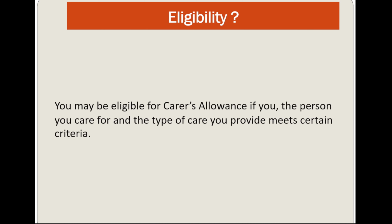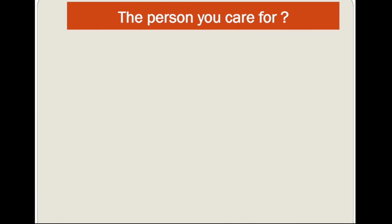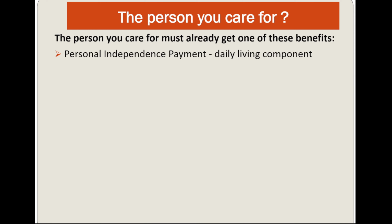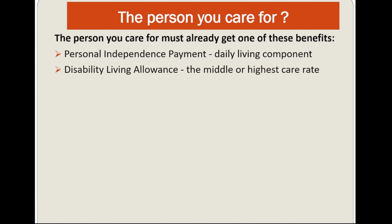Now let's discuss the eligibility criteria for carer's allowance. You may be eligible for carer's allowance if you, the person you care for, and the type of care you provide meet certain criteria. The person you care for must already get one of these benefits: personal independence payment, which is known as PIP,